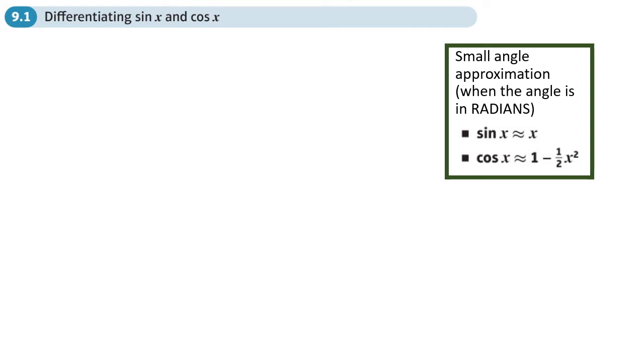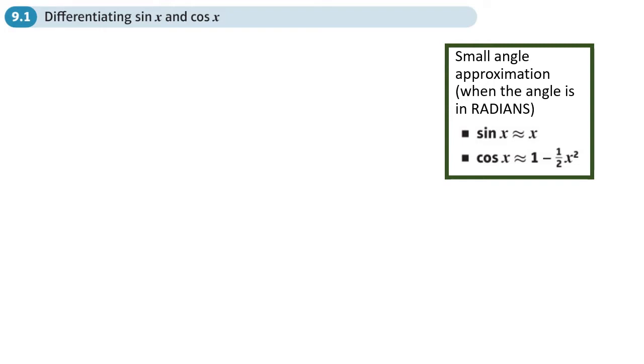This is the first section in the differentiation chapter, 9.1, differentiating sine and cos. So you need to know what sine and cos become when you differentiate them, and also you need to be able to prove them from first principles. So the first thing is, let me give you what the